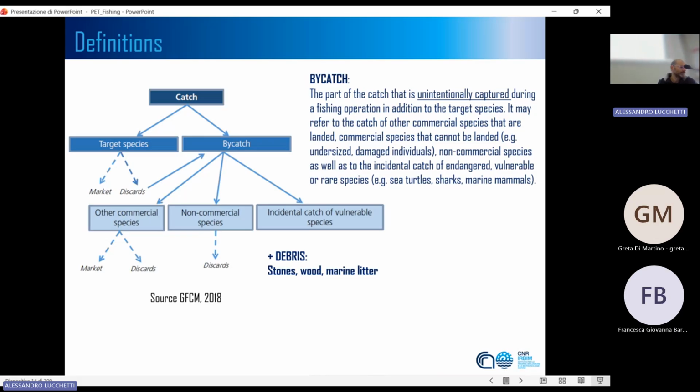So what is bycatch? In general, there are several different, let's say, definitions of bycatch. I usually use this of the General Fisheries Commission for the Mediterranean, which is: the bycatch is the unintentional catch, which is not the target of a specific fishery. In Italy, it's quite strange to speak about that, because we don't have so many fisheries